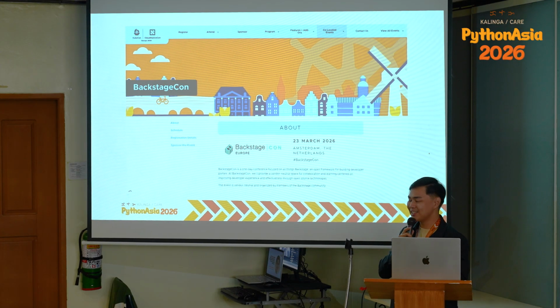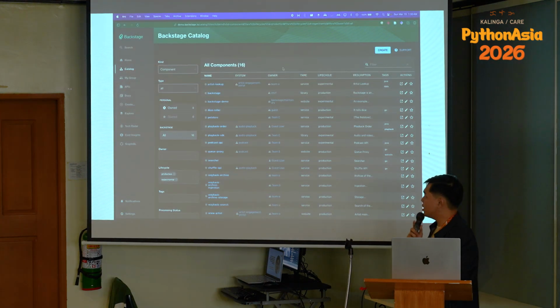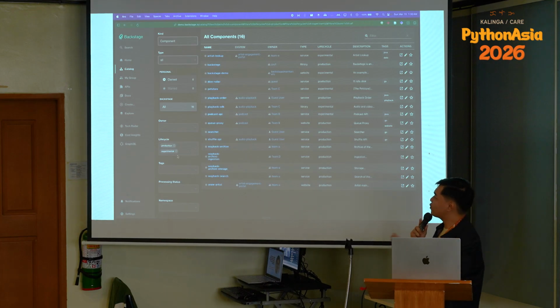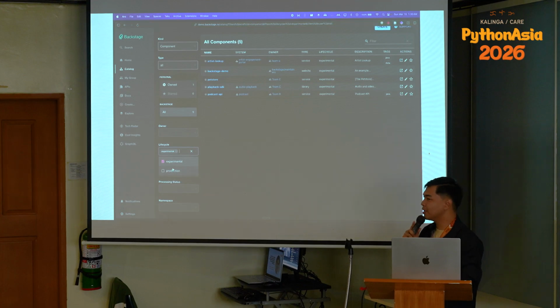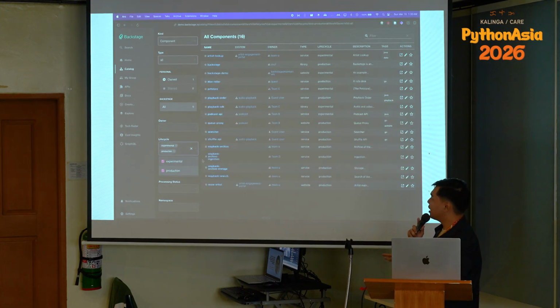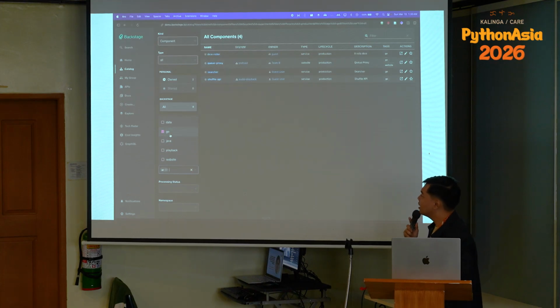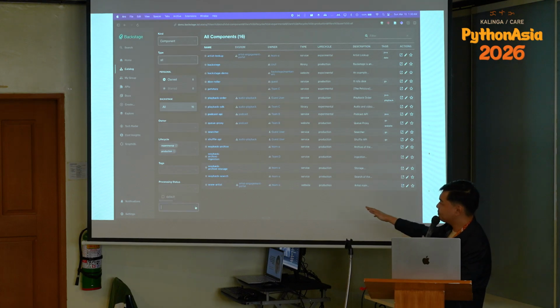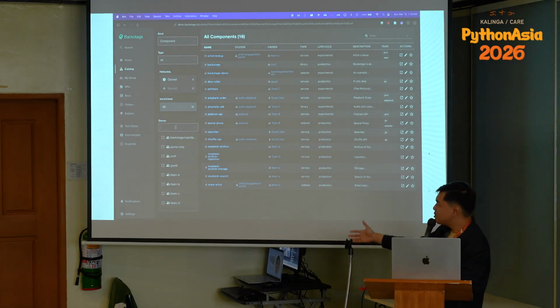So let me walk you through what it looks like when working with Backstage. This is the overall portal that Backstage provides you. They have this list of components, which you can consider, for example, a microservice or maybe a standalone runtime in its individual instance, right? You can filter through pre-configured filters. You can filter through the Kubernetes namespace.